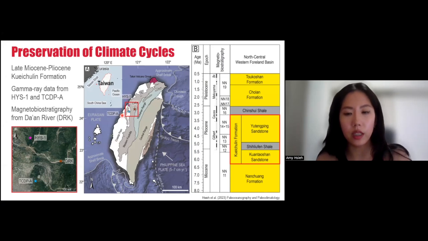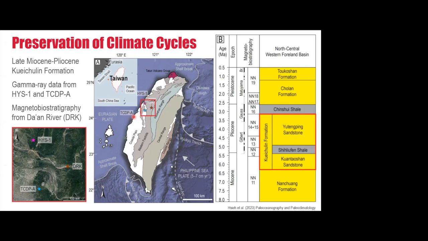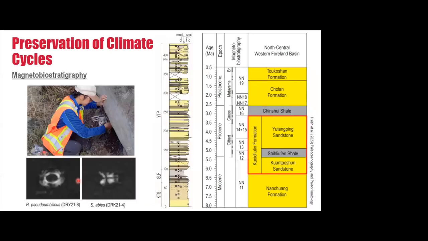But first, we need to know the timing of deposition, and so we developed a magnetostratigraphic framework using samples taken from the Great Leaf Formation outcrop at the Dian River. So here's the litholog of the Dian River outcrop again, and we collected 1-inch diameter rock cores from mud-rich intervals, and the sample locations are shown by the X's. And I measured the samples for their paleopolarities. I also identified index nanofossils from these samples and their corresponding biozonations to constrain the paleopolarities to determine the ages of the strata in the Great Leaf Formation.